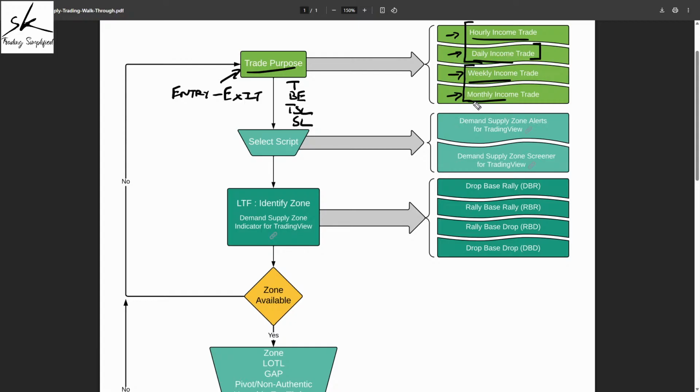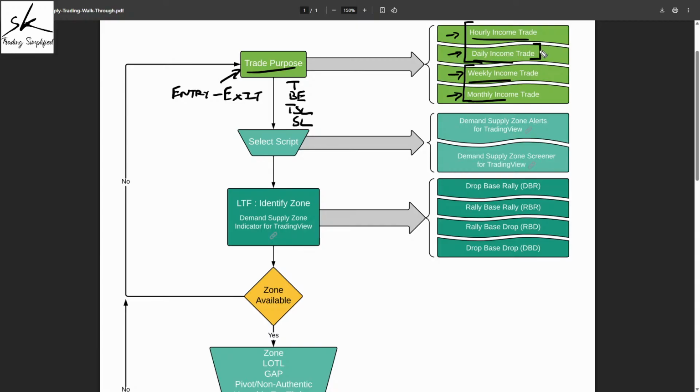Now, for weekly monthlies, anyhow, we are not expecting to exit the same day. So here we have no choice. We'll have to keep these positions as overnight positions. But that does not mean that for weekly monthlies, we cannot have gap against us. It can still happen, but the probability definitely reduces because the bigger the time frames you're using, the higher the weightage of those time frames.